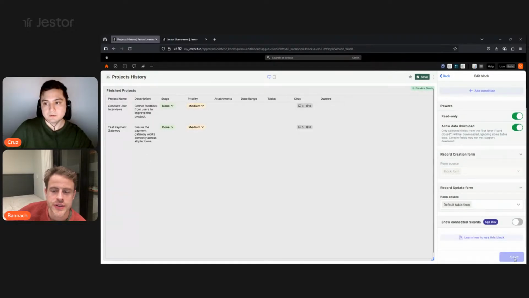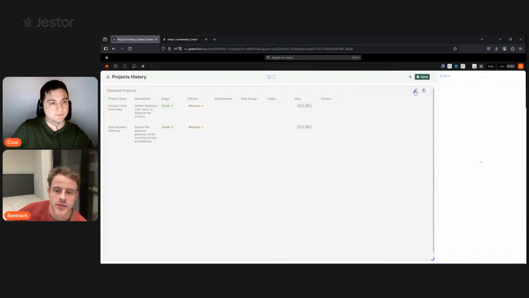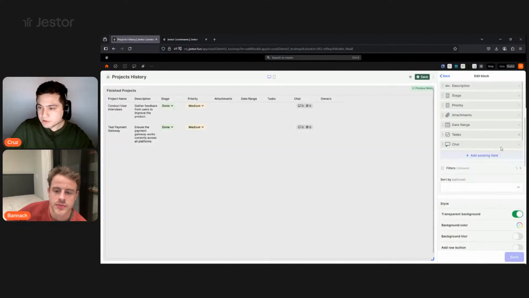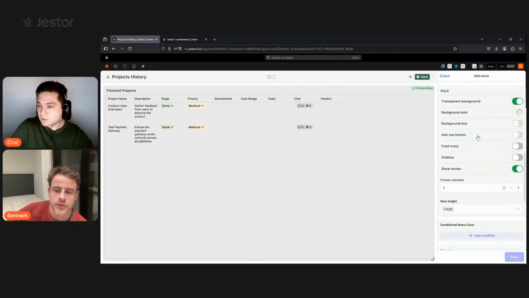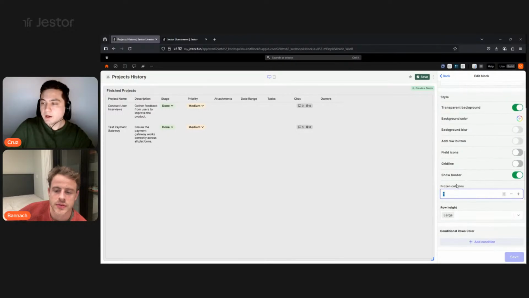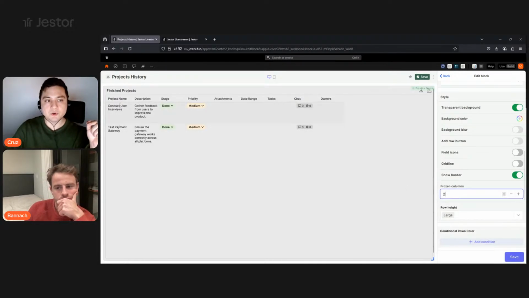Show also how to freeze the first two, for example. First two columns. Okay. So we don't have much information here, but I can simulate this. Columns there. Yeah, there you go. You can choose the number of columns that are frozen. So for example, let's select 2 here. This means that the first 2 columns are going to appear on this table regardless of screen size of where you are and such. So if we click here on